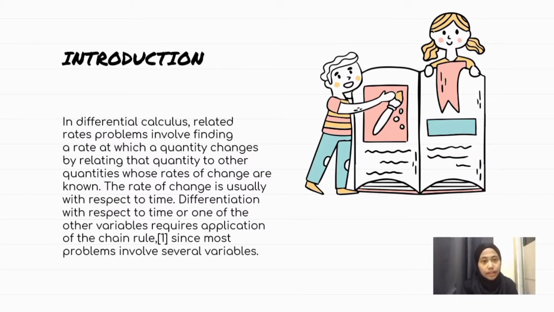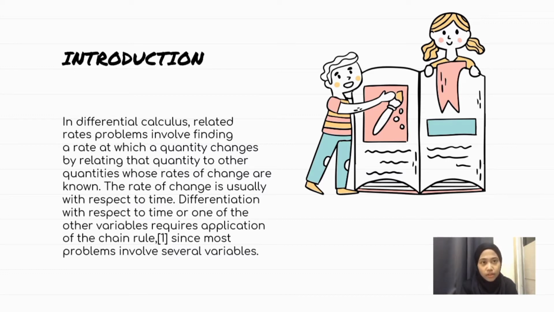In differential calculus, related rates problems involve finding a rate at which a quantity changes by relating that quantity to other quantities whose rates of change are known. The rate of change is usually with respect to time. Because science and engineering often relate quantities to each other, the methods of related rates have broad application in this field. Differentiation with respect to time or one of the other variables requires application of the chain rule, since most